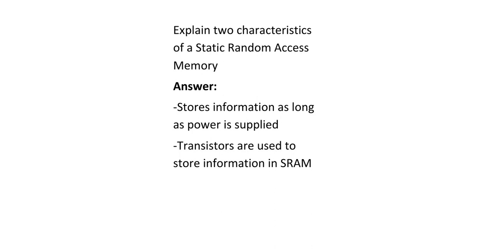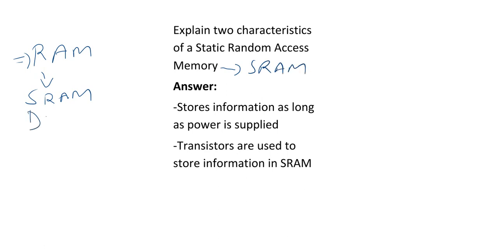So before we can look at the characteristics, we have what we call the random access memory, RAM, which exists in either static form, SRAM, which is being mentioned in the question. This is SRAM. Then we have a dynamic RAM. We have also other types of RAM, but let's consider these two first. So we have SRAM and we have DRAM. DRAM means dynamic RAM,